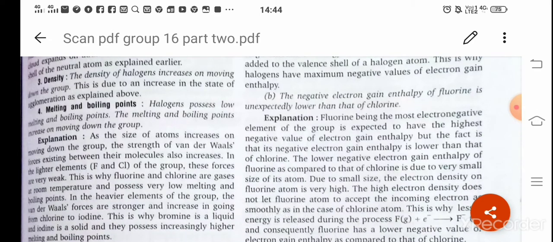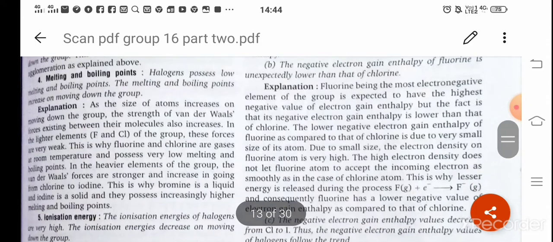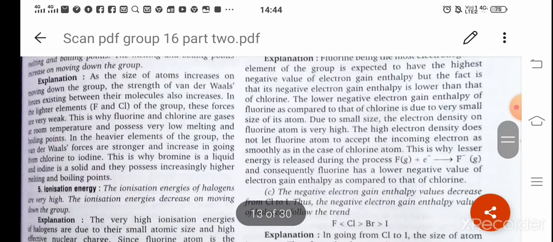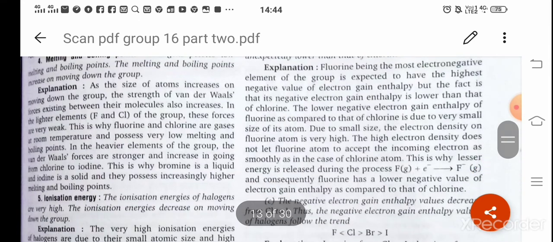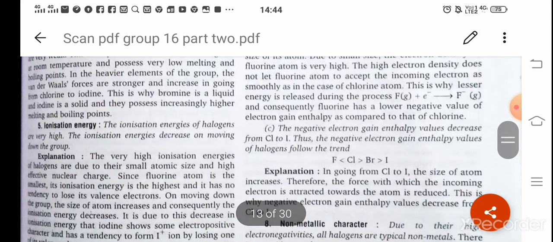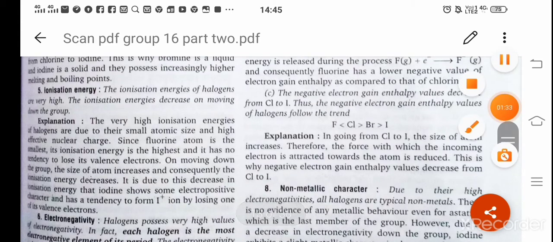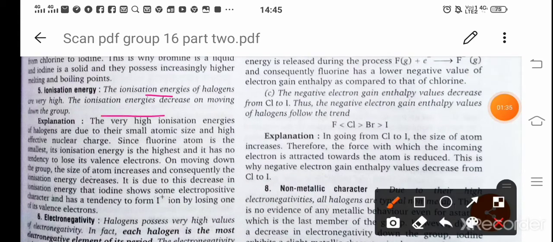Melting and boiling point: just consider the normal trend. As we move down the group, the melting and boiling point increases because of the increase in size. Ionization energy follows a different trend because of small size. Ionization energy in the entire periodic table for group 17 is very high